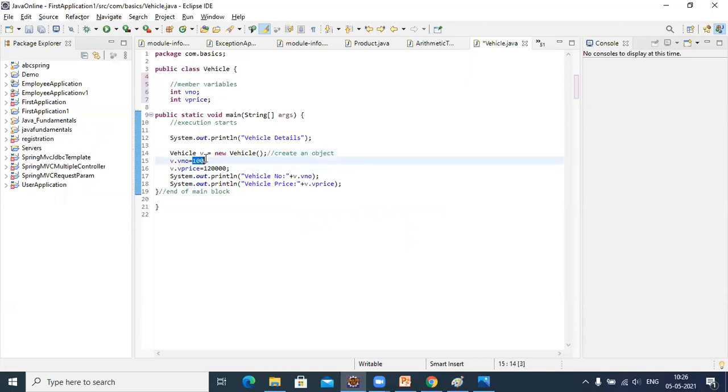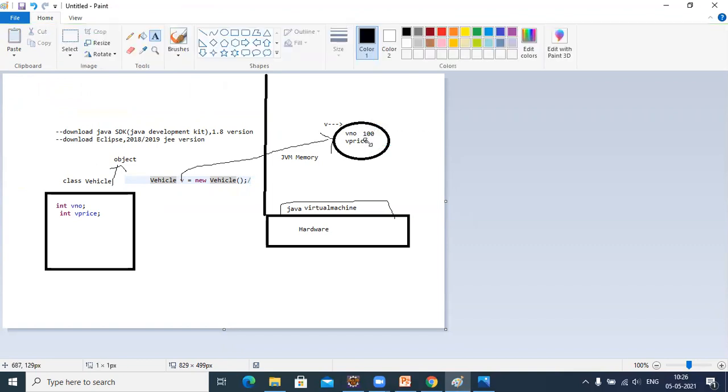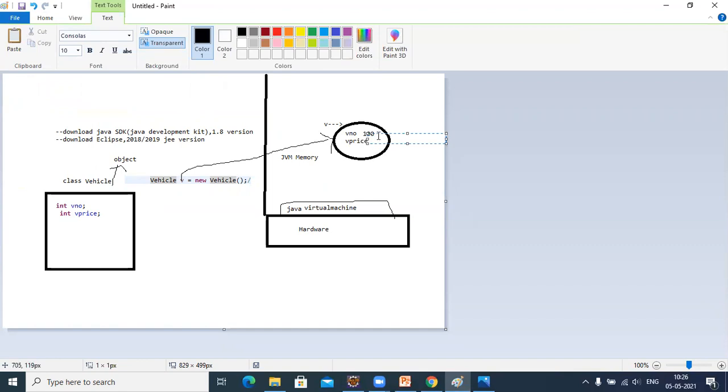What are the values? Vehicle number and let's say vehicle price.